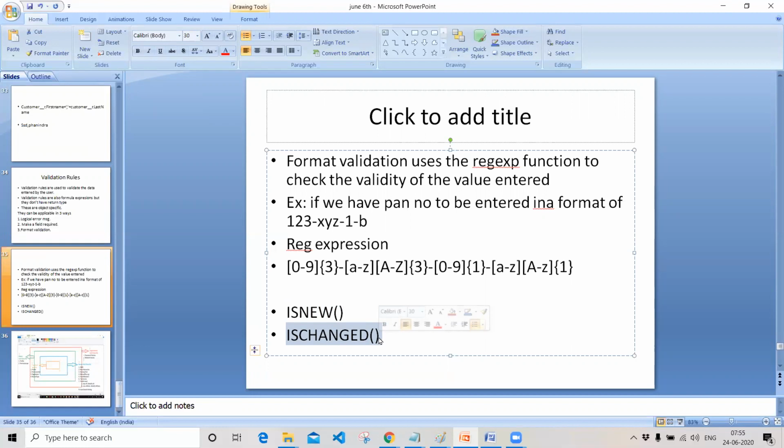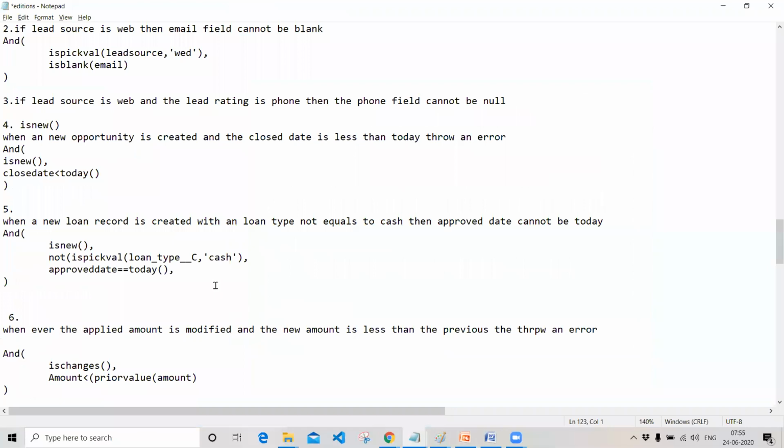When you are updating the record and want to check some particular condition, you can check it by using the formula is changed. And whenever you want to check your validation rule with respect to record creation, you can go with is new.